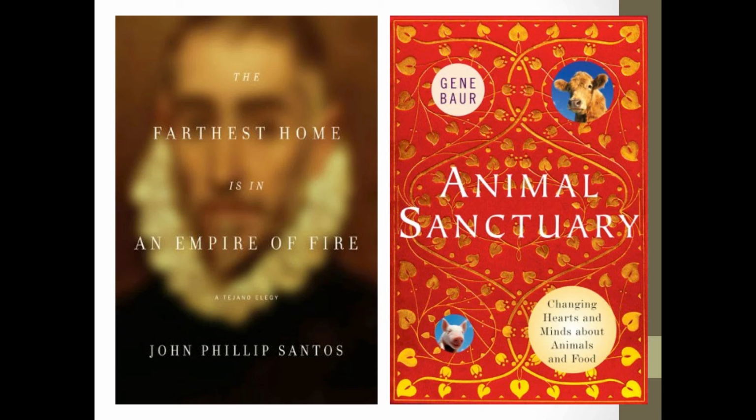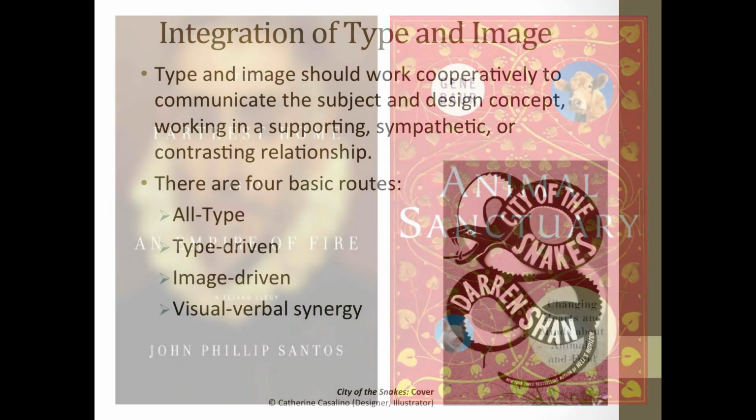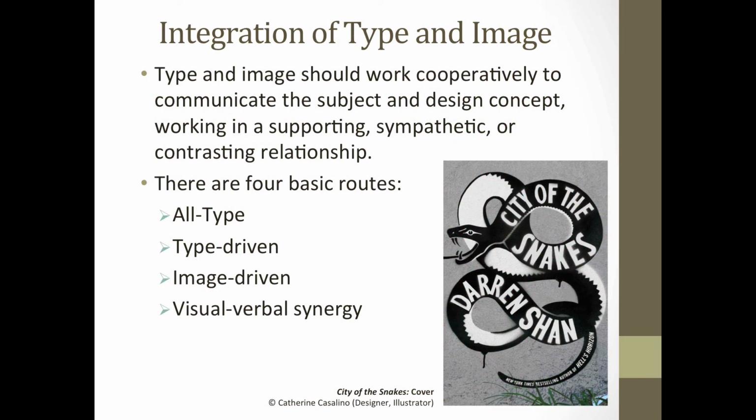Versus the one on the right, the intricacies of all the illustration and even the 2 images of the cow and the pig, those stand out, and they're just as much equal weight as the text that's on the page of this book cover. There is an integration between the type that you use and the images. The images need to cooperate with the type and needs to support what the book is about. So as you choose images and as you work with type, make sure it doesn't conflict with the overall message